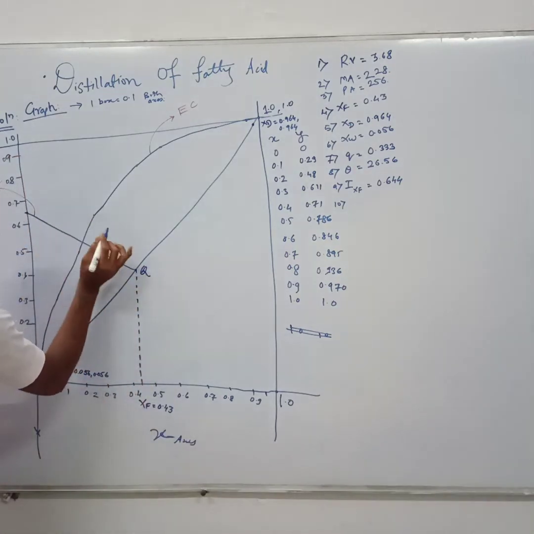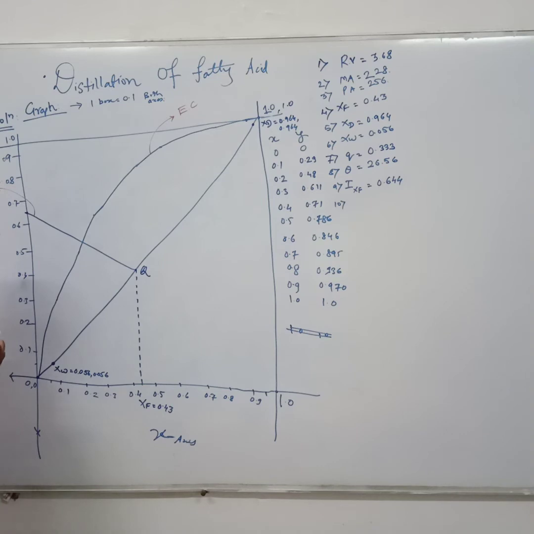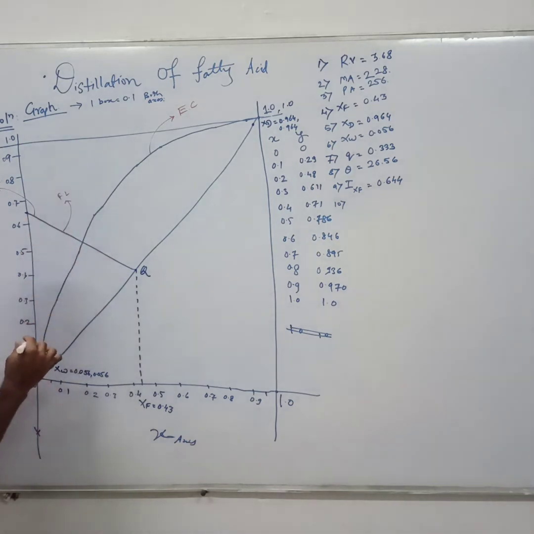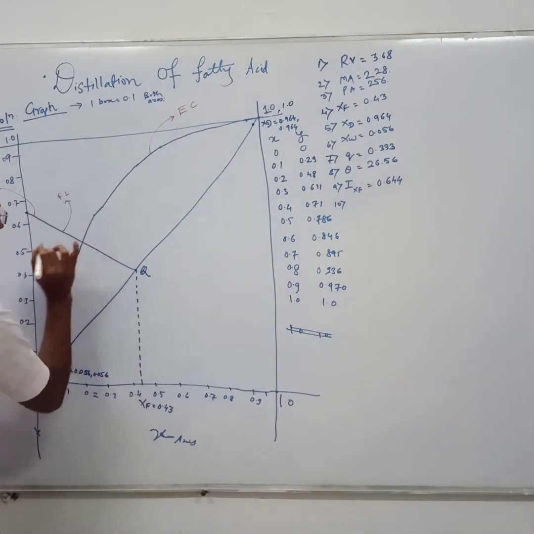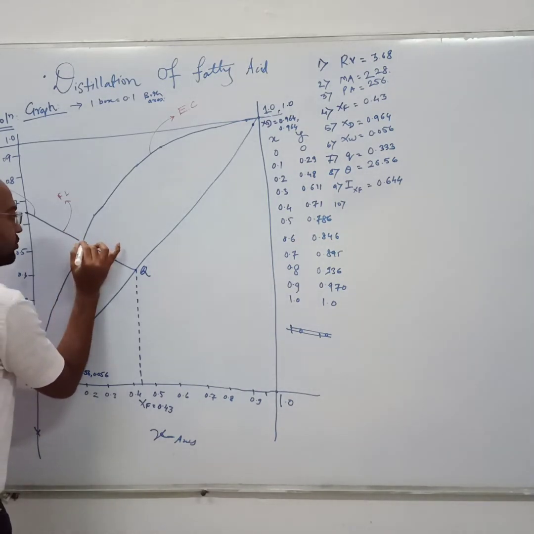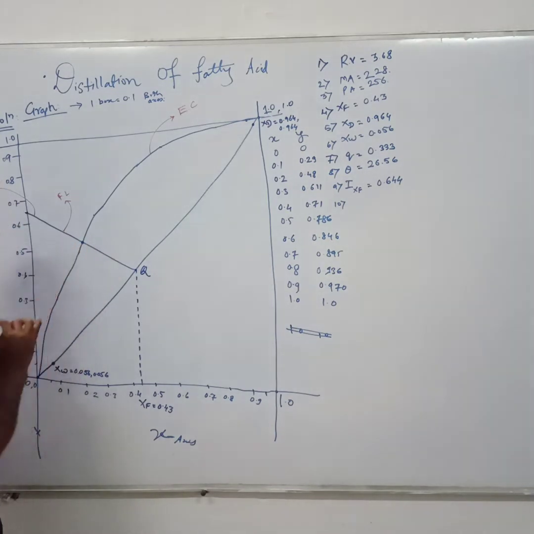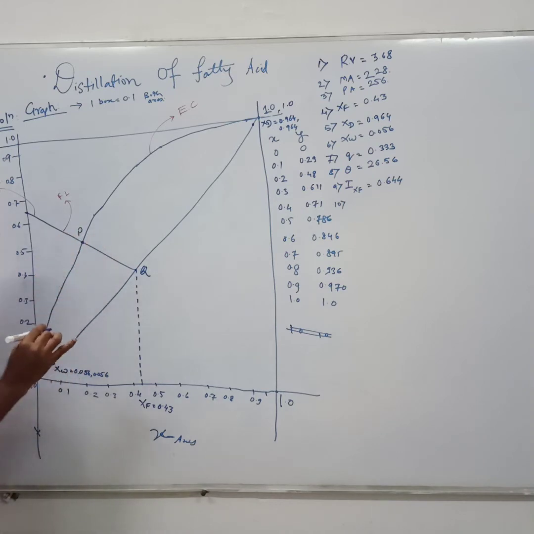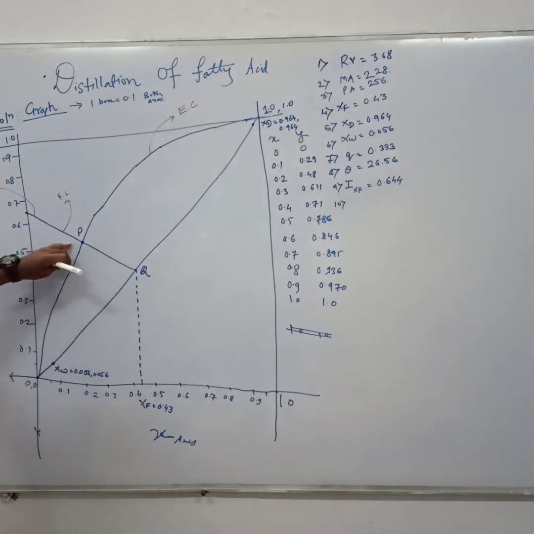Okay, it's difficult for me to draw inside. So this is our feed line denoted by capital FL, and this is our actual intercept point of feed line at equilibrium curve. Okay, so this is our one extra point we are getting, which is important for us, denoted by capital P. It is the point where the feed line can intersect your equilibrium curve.